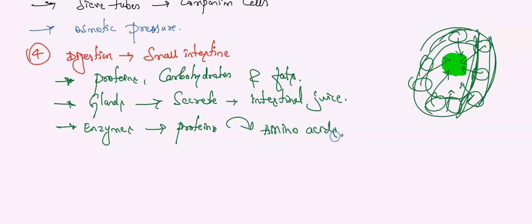Proteins into amino acids. Are you getting my point? These enzymes, where were they? They were inside the intestinal juice. So what is the function of the enzymes inside the intestinal juice? They are converting proteins into amino acids and also taking down complex hydrocarbons,